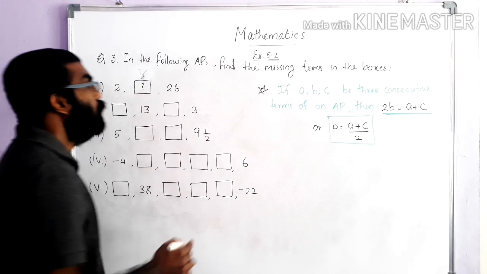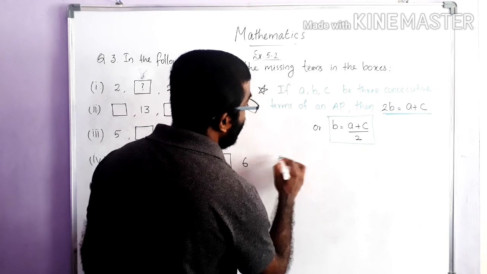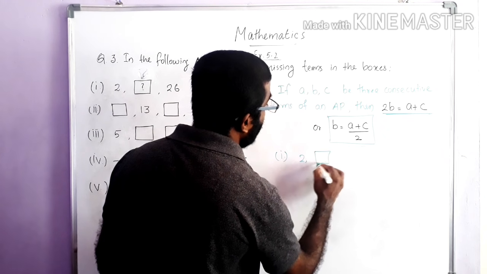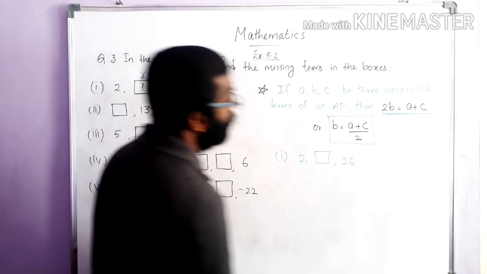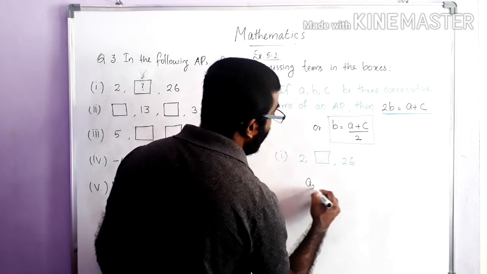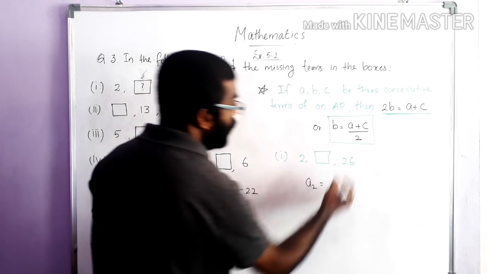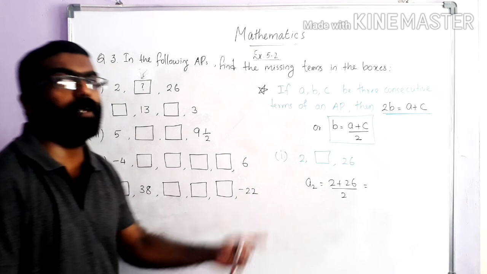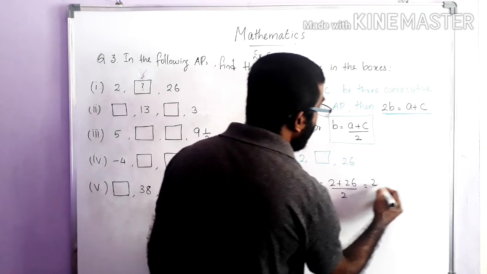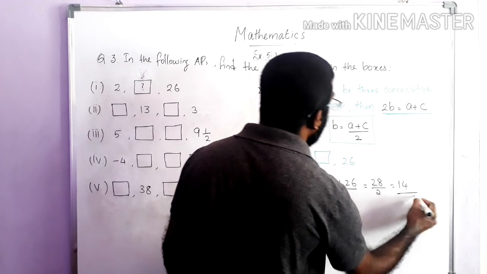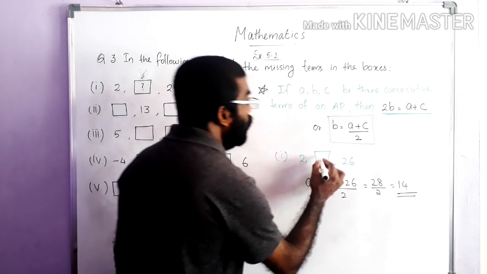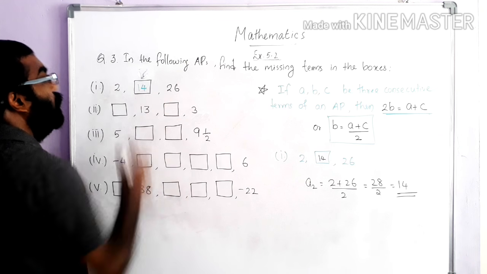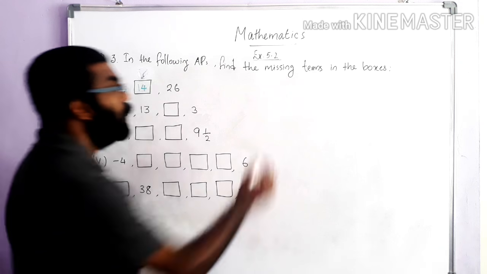Now here 2, dash, 26. The middle term we have to find out. So in the first question, 2, a missing term, and 26. So this term is A2, the second term, and we can write it using this formula as (2 plus 26) divided by 2. Using this formula you can easily find the answer: 28 divided by 2 is 14. So the answer is 14. So here we can write 14. Okay. Now the second one is